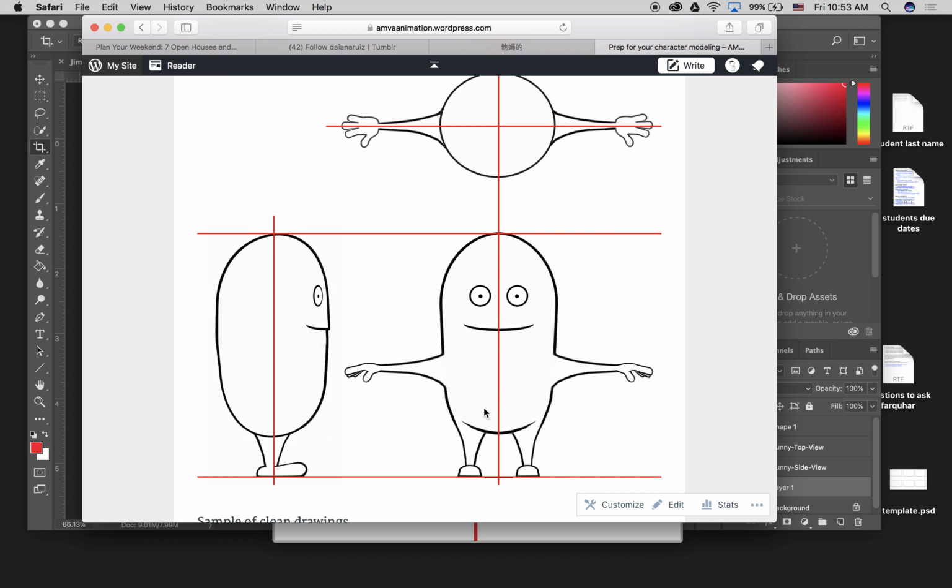As you can see, everything is pretty straight, so that when you're putting the bones inside, it's easier to